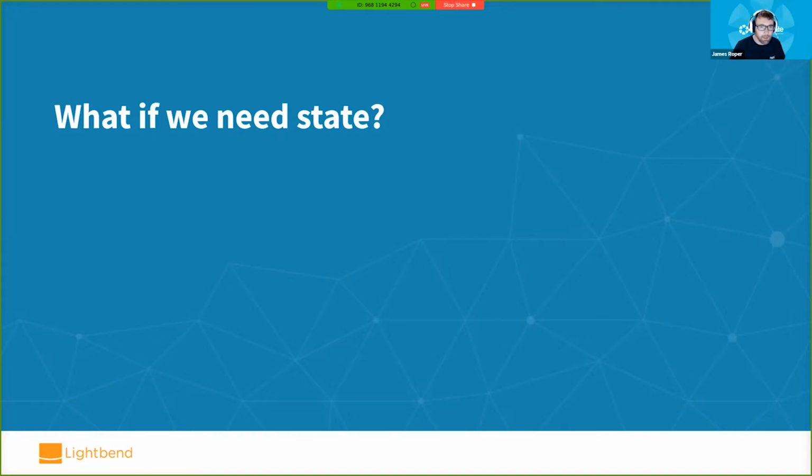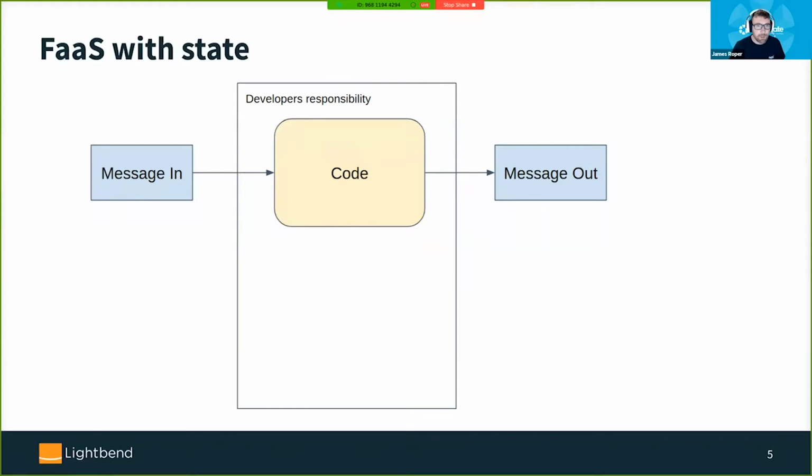Currently today, if you want to handle state in function as a service in a serverless environment, you have to manage the database yourself. It could be a cloud database, but you have to provision that database. Your code has to manage its connections to that database. You have to handle what happens if your code is responding slowly because of the database or because the code itself is slow. If for some reason your code is taking a while to respond, the platform has no way of knowing whether that is because the code is slow and so should be scaled,